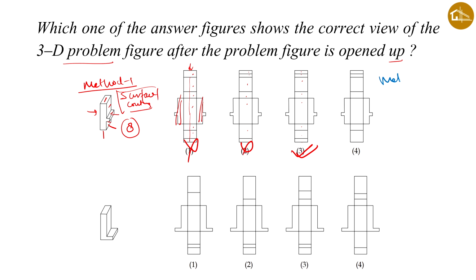Method 2. In this one we will take two conditions. First condition: if we observe this portion very carefully, there are continuously 3 surfaces which are of equal length. So like this you will find 3 continuous surfaces. We have to take this as one condition, 3 continuous surfaces. The second condition we have to take is that this surface and this surface are equal in size. So we will compare this with the solutions.